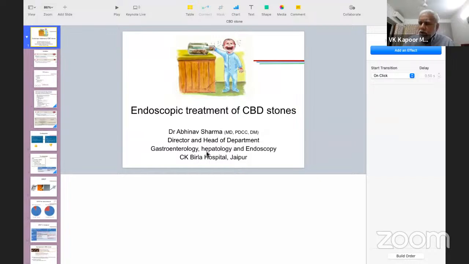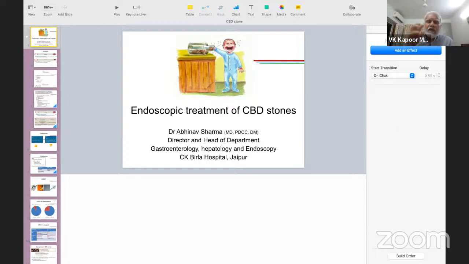One very crude parameter which I use is the number of stones in the CBD. If they are countable stones, if on the cholangiogram, whether MRCP or whatever, I can count the stones, then I am more inclined to suggest lab chole and lab CBD exploration, with all the points which Dr. Rajan mentioned: you should have the expertise, the skill, and the equipment to demonstrate CBD clearance.